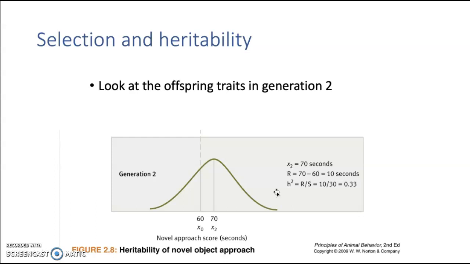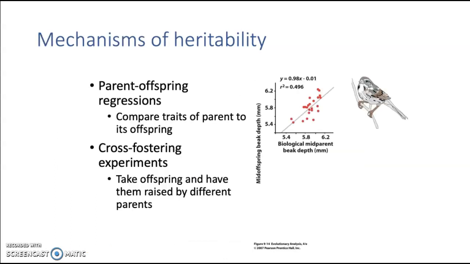These kinds of truncation experiments are one of the common ways that people have looked at heritability studies. There are other ways that people can do this, and they will sometimes do parent-offspring regressions, where they compare the trait of parents to the traits of their offspring to look at how closely they align with each other. But there's a problem if you look at, say, parents and offspring who are staying together over longer periods of time. So they have calculated this one with